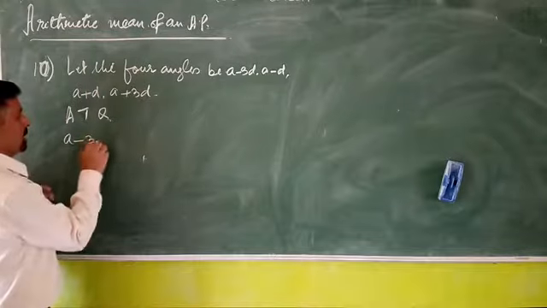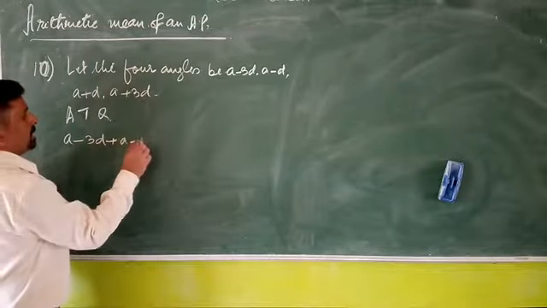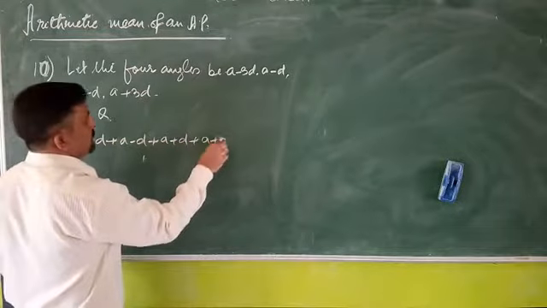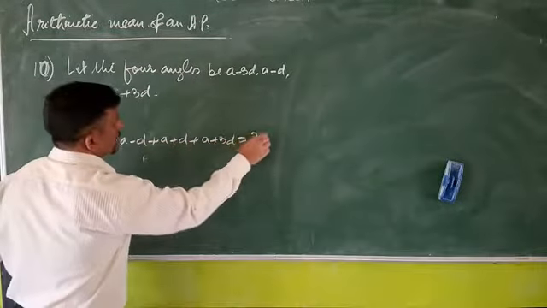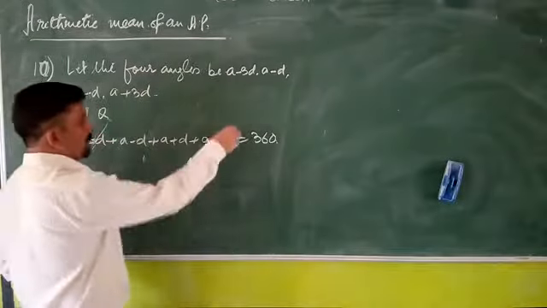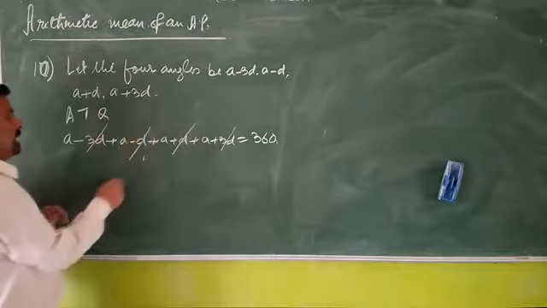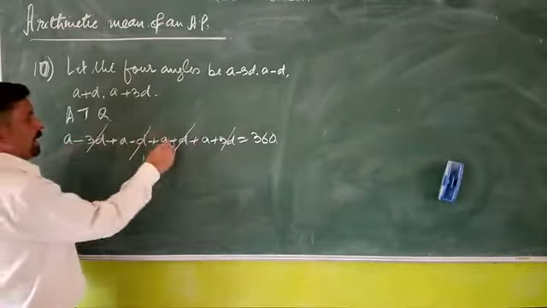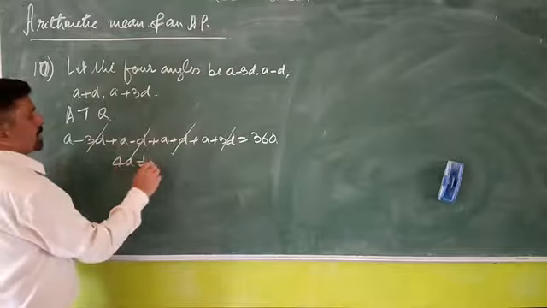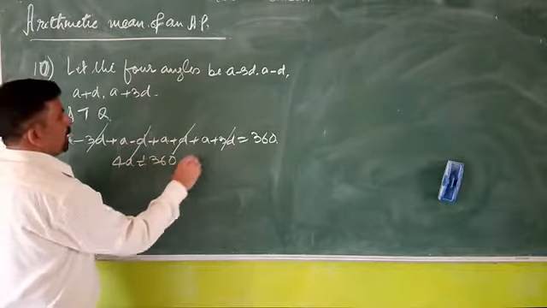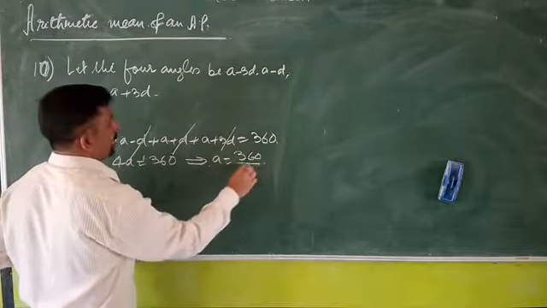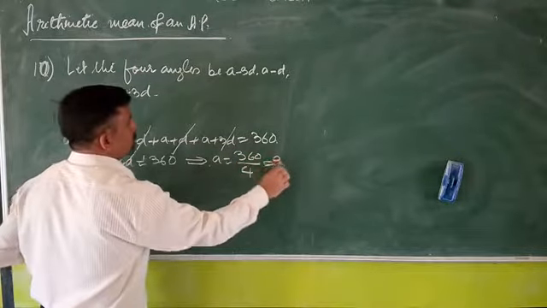So a minus 3d plus a minus d plus a plus d plus a plus 3d is equal to 360. After this, we simplify. This 3d cancels this 3d, this d cancels this d, and we are left with a. How many a? 4a. This is equal to 360, and therefore a will be 360 divided by 4, which is